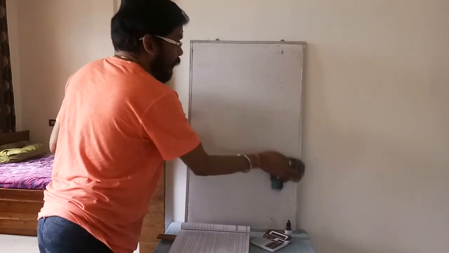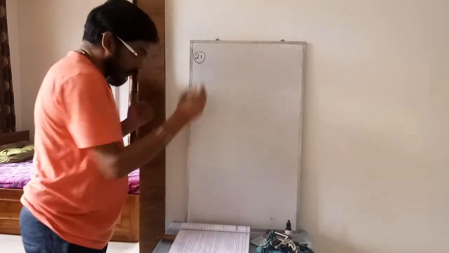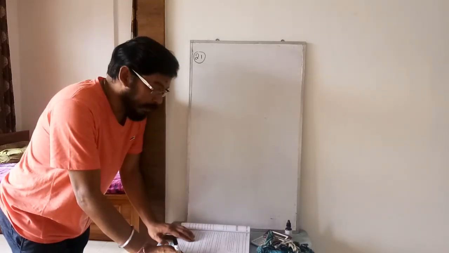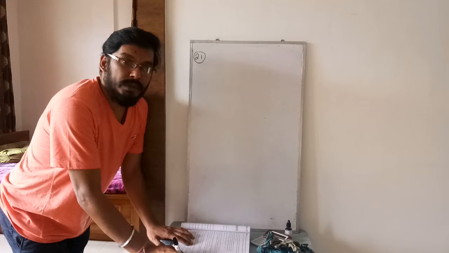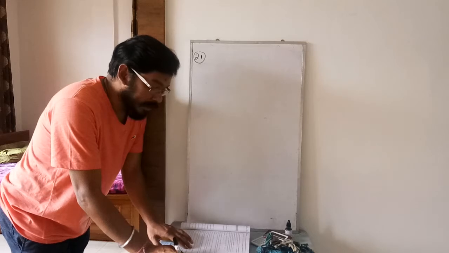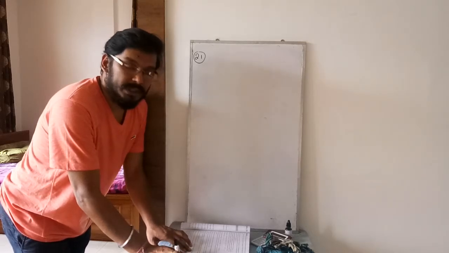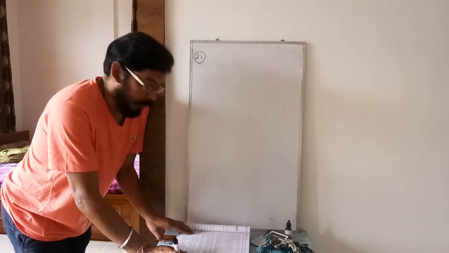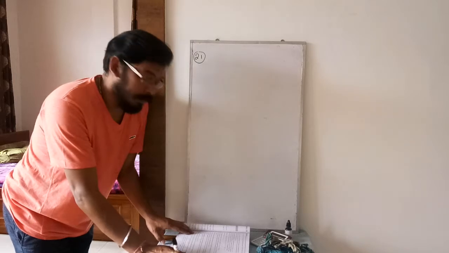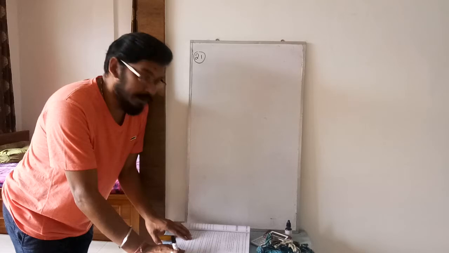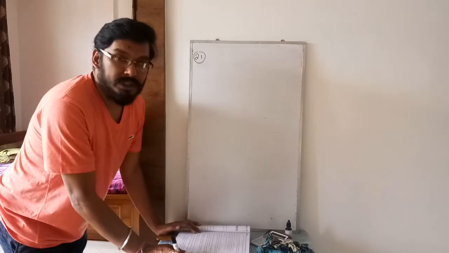So question number 21, what did they say? Ranjana's mother gave her rupees 245 for buying New Year cards. So this much amount was given to Ranjana to buy some New Year cards. If she got some 10 rupees cards, she has purchased 2 by 3 as many 5 rupees cards, 2 by 3 of whatever she has purchased for rupees 10, and 1 by 5 as many 15 rupees cards.